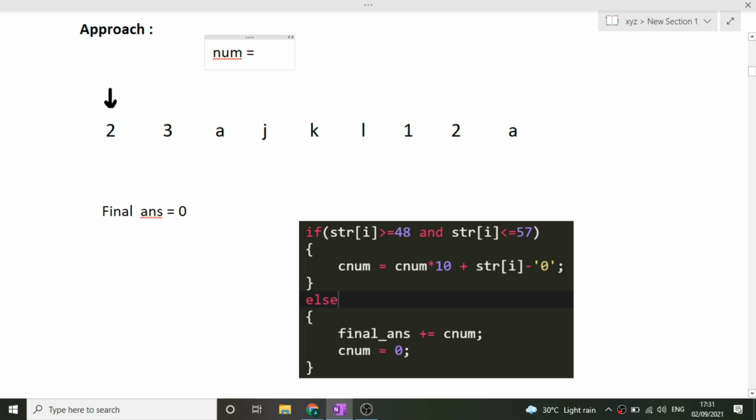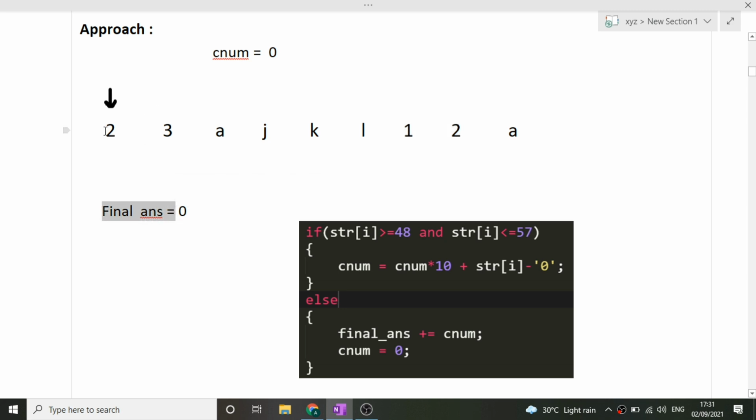It will be initialized with 0, or let's say cnum. Cnum is the current number, because this 23 is one number. It will be stored in cnum one time, and next time 12 will be stored in cnum. So this is the current number. Now the second variable that we are going to take is the final answer. Why final answer?